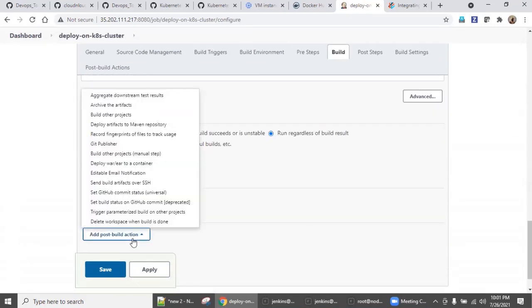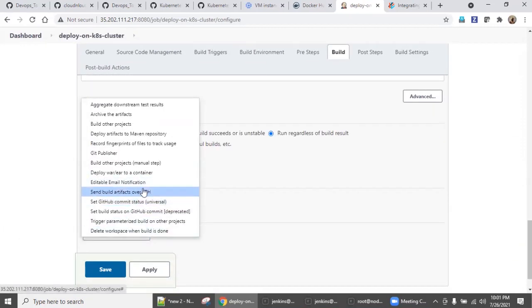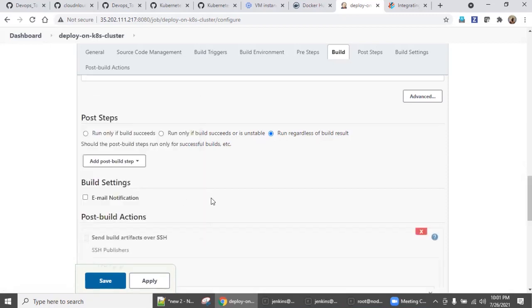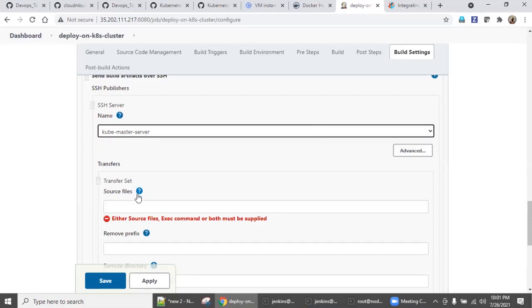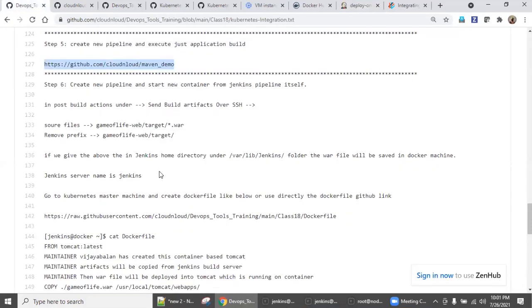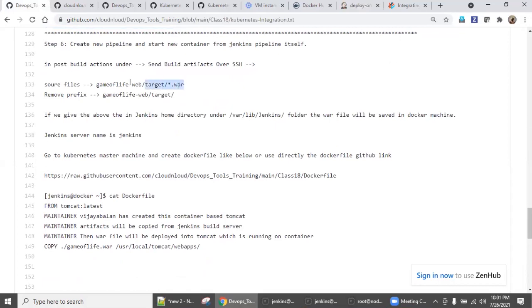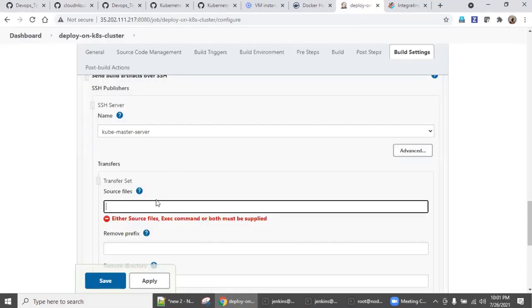After that, post build action, publish, send build artifacts over SSH. Click this, and Kube master server, we have added this machine, and the source file. What is the source file? This is the source file because we are going to get the war file. So give it, and I don't want this directory structure.